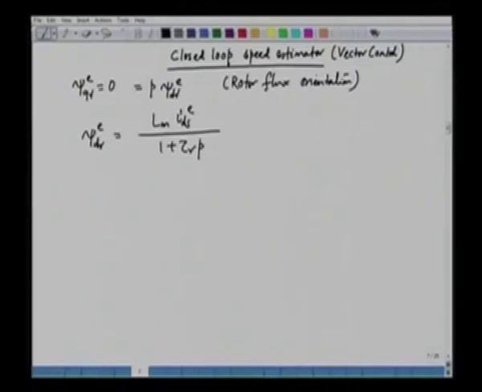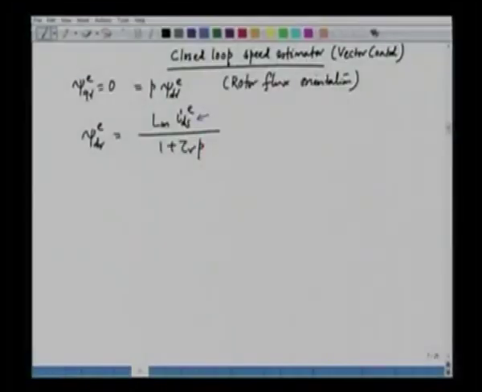We saw that whenever we are varying the flux component of current, IDS is a flux component of current, the flux is delayed, and the delay is by rotor time constant. So this is the flux component of current, and if we change this, the flux response will be delayed by the rotor time constant. So these two equations will, and also we know that the expression for slip speed is equal to 1 by tau r into IQS by psi dre. So this is the expression for the slip speed, which we have also evaluated for rotor flux oriented